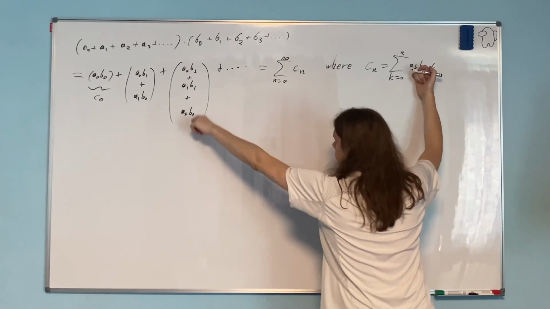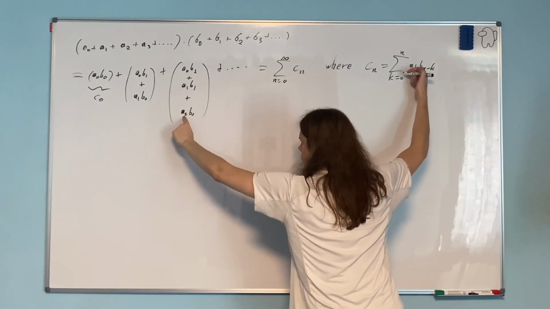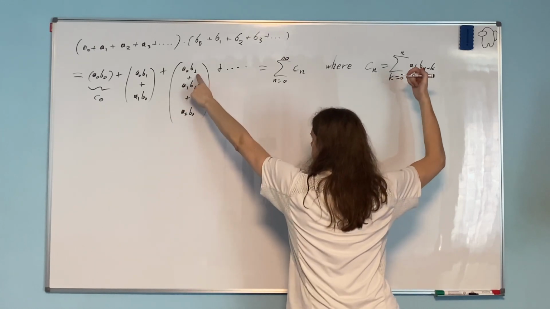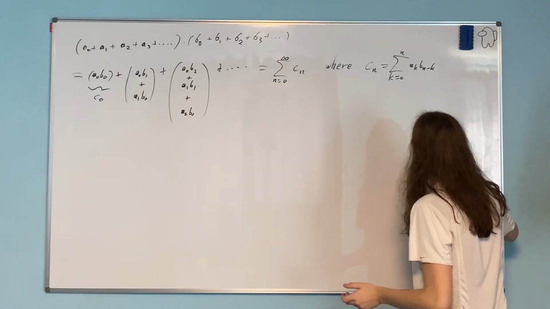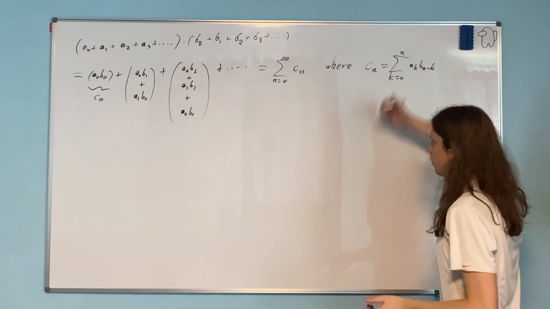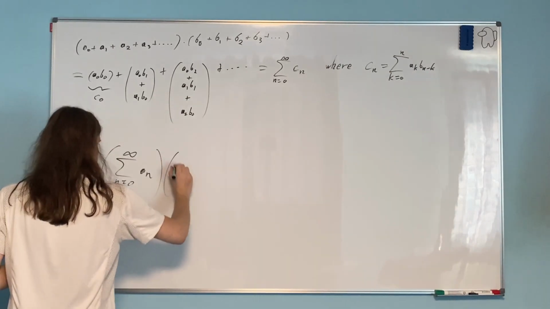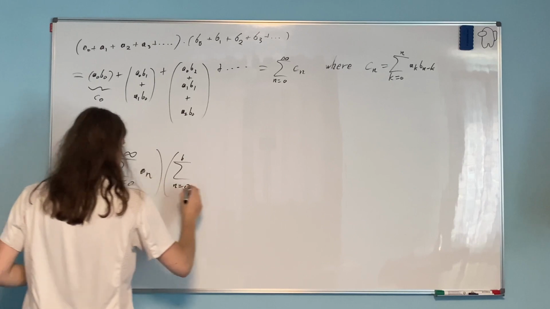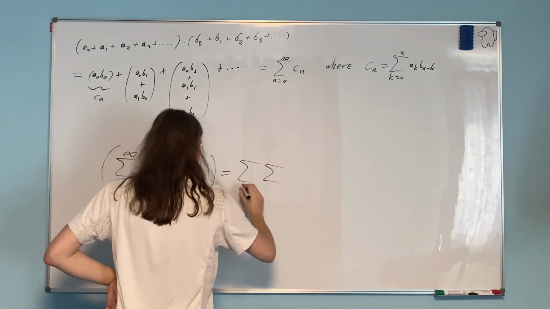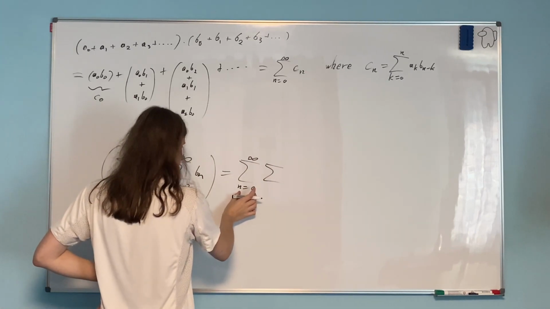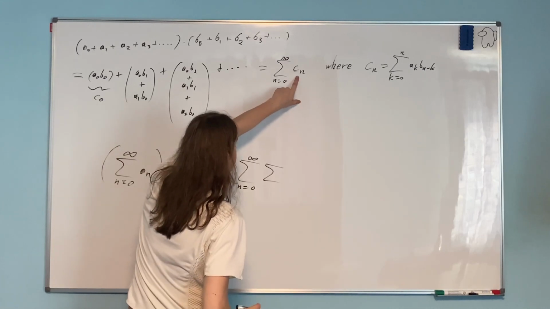The index of A starts from 0 and goes to n, where the index of B starts at n and decreases by 1 to 0, which is exactly what we wrote here. In other words, multiplying these two infinite series of coefficients An and Bn gives this kind of double sum. It's a new infinite series as n goes from 0 to infinity,